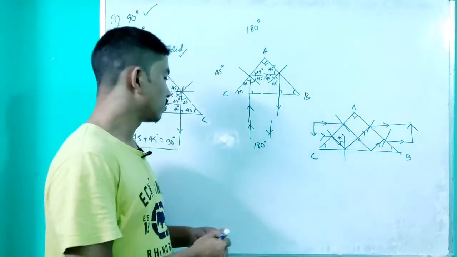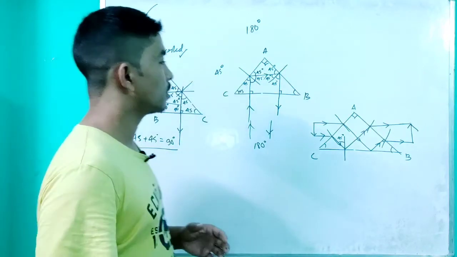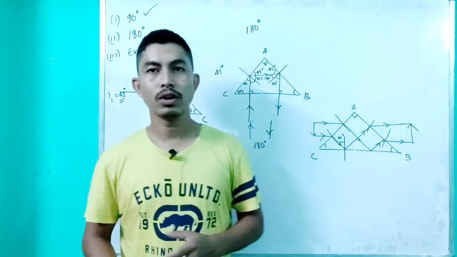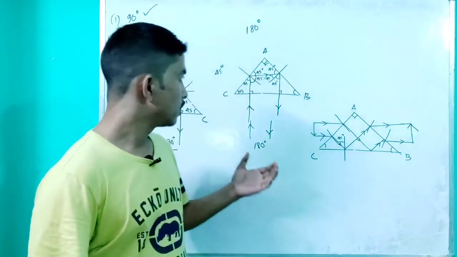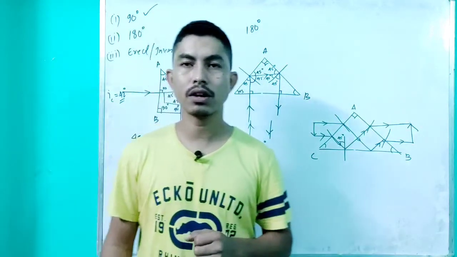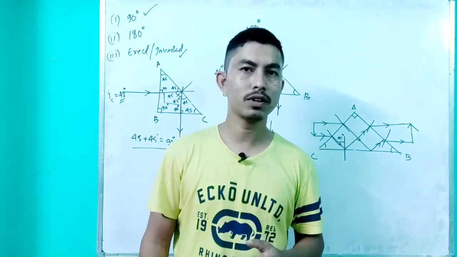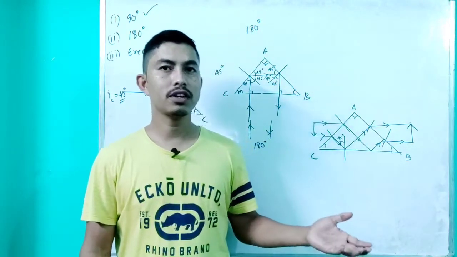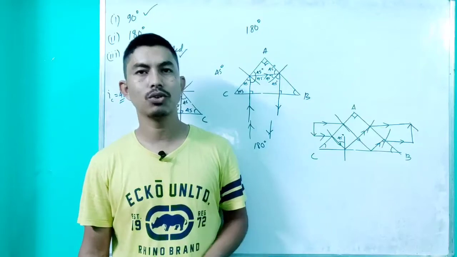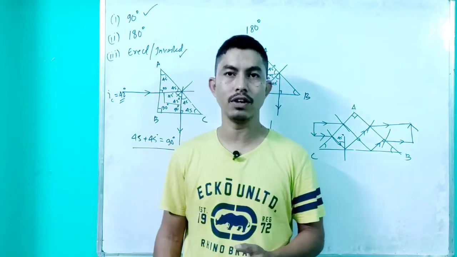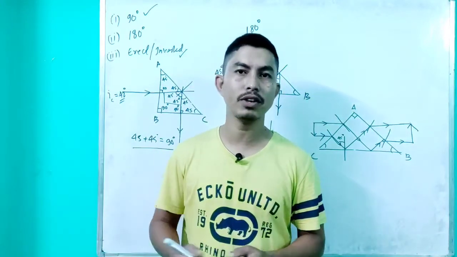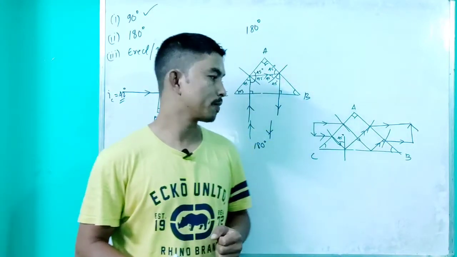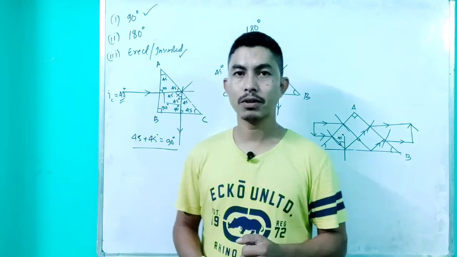Now one of the important points here is what is the advantage of total internal reflection. Using this principle, that is total internal reflection, 100% intensity of light is reflected back. So there is no dissipation of energy. In this case the image formed will be brighter compared to the image formed by a plane mirror. So this is the end of your chapter.